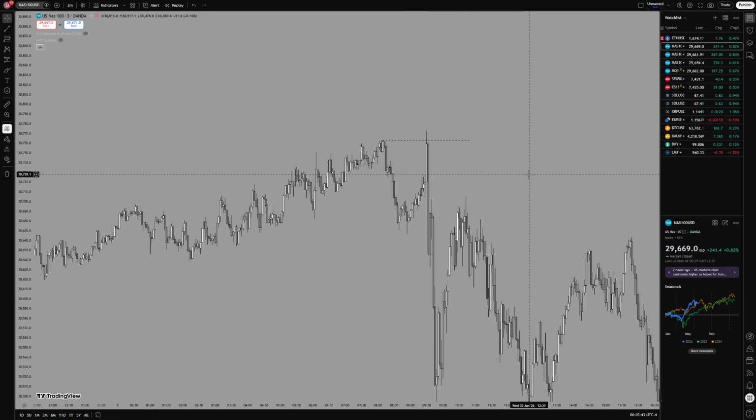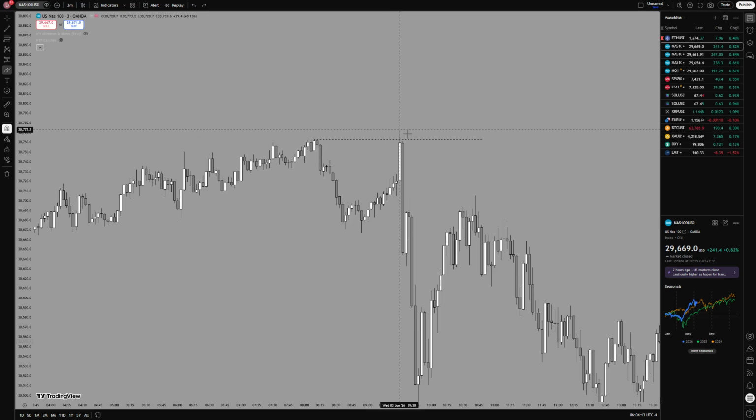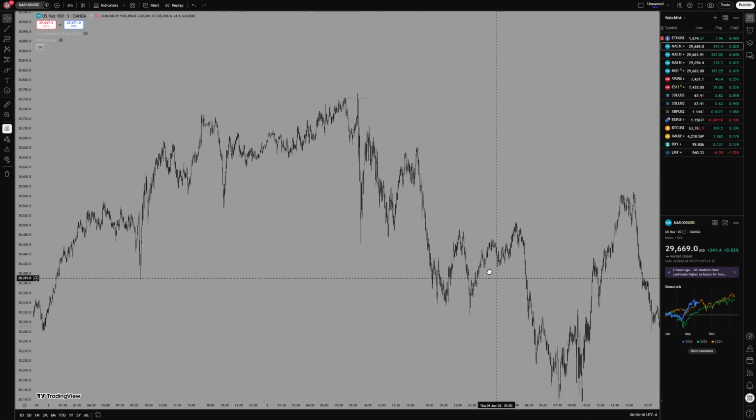I'm going to simplify it for you as much as I can. This level right here is the most premium level you will get. The most premium level you will get. And let me also explain this one time: premium and discounts on IRL and ERL sometimes only become clear after we've manipulated. So in this instance, how did I know that we're going to turtle soup off of this and just go lower? And if you look on that entry,